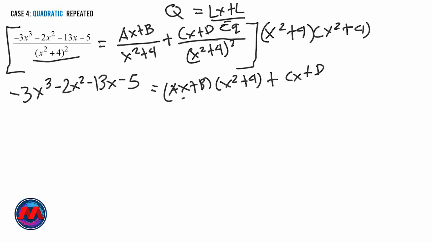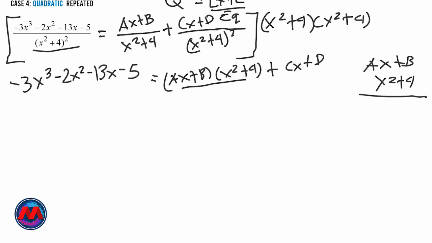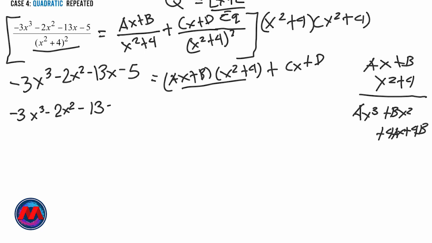So, expand muna natin to. Expand muna natin yan. That's ax plus b times x squared plus 4. So, yung sagot niyan, it becomes ax cubed plus bx squared plus 4ax plus 4b. Okay. So, i-rewrite natin siya dito. That's negative 3x cubed minus 2x squared minus 13x minus 5 is equals to